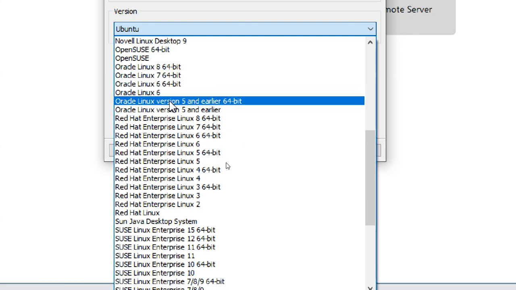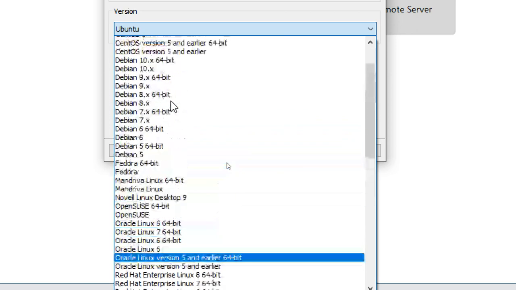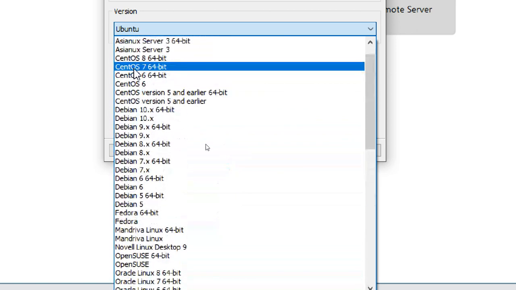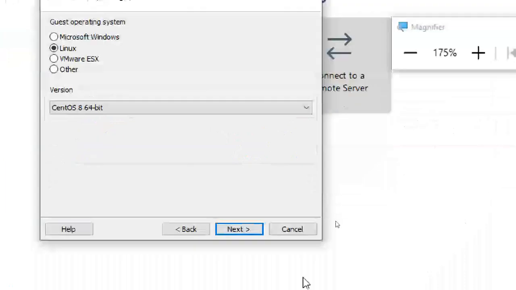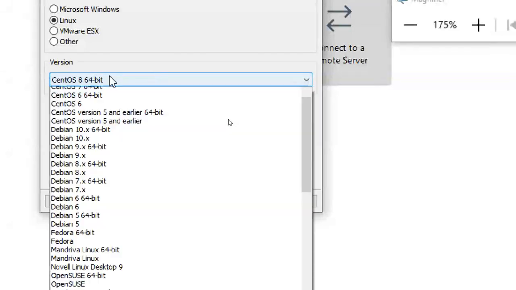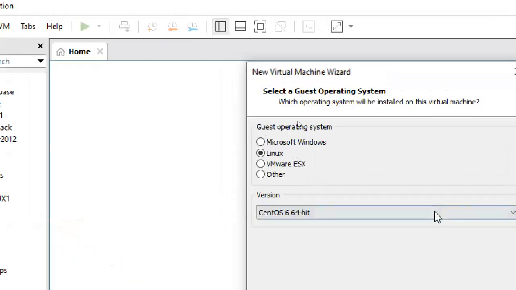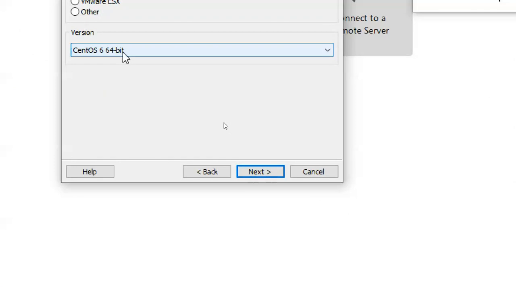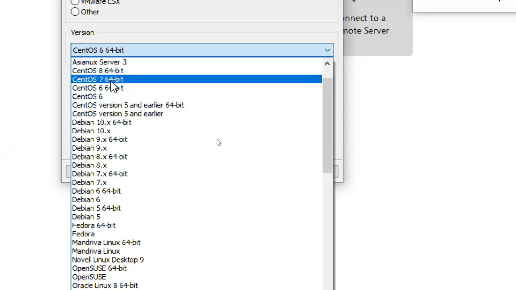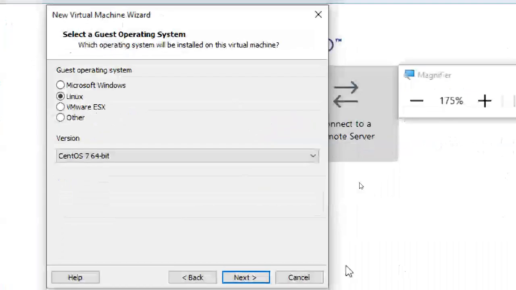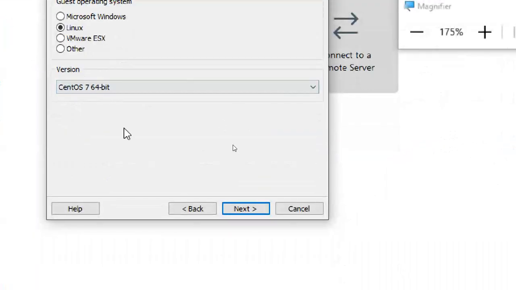Okay, it's not CentOS, it's Oracle, right? So scroll up till you get a 7, right? CentOS 7, 64-bit. If I accidentally select it like this, what will happen? No problem, not at all a problem, because anyway it is 64-bit hardware only. Better to select the correct option. If you don't, at least the bit must match, because whatever is suggested, it is going to change.